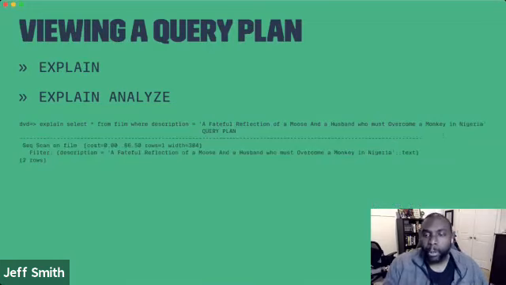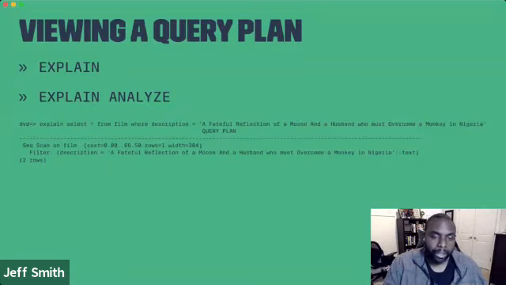So I said viewing a query plan, but this is actually viewing an execution plan. There are two commands that allow you to take a look at the query plan that gets generated. There's explain, and then there's explain analyze. The syntax is basically explain or explain analyze in front of the query that you want to run. The difference between the two is that explain